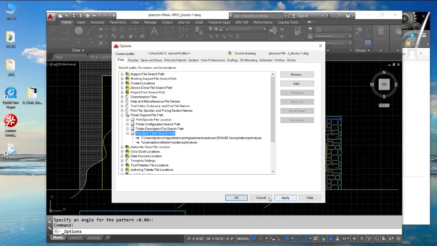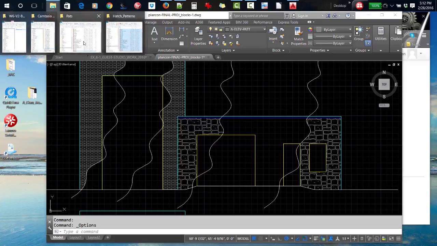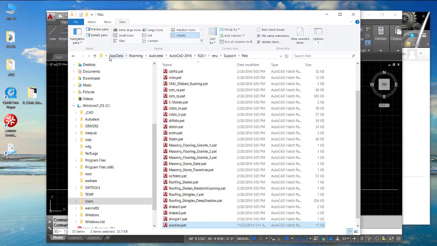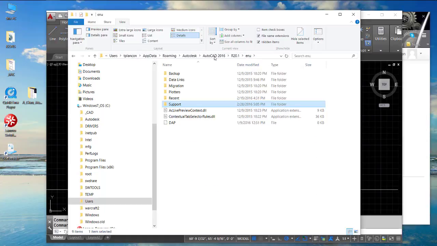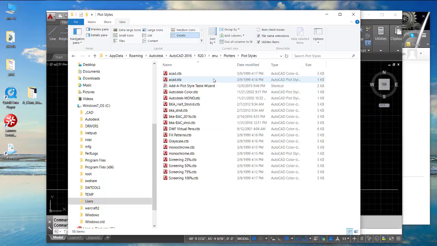So let's get out of this and let's open up our File Explorer here, and I'm going to, because I'm already in my user profile, so users, tPlanson, app data, roaming, Autodesk, blah blah blah. Let me back up here to go where it says ENU. And sure enough, under that list of folders, there is a plotters. And if I open that up, there underneath that is something called plot styles. And if I open that up, I see the various plot styles that are available to me. And here I have already downloaded or already installed that